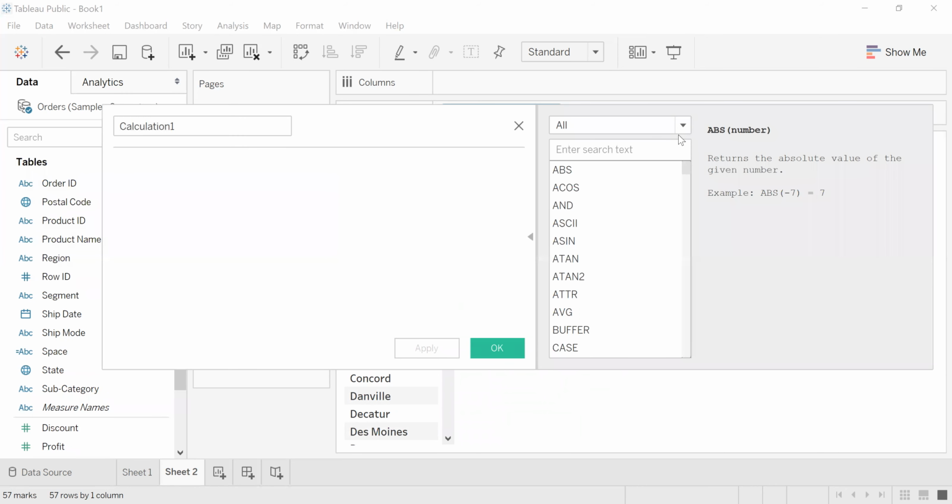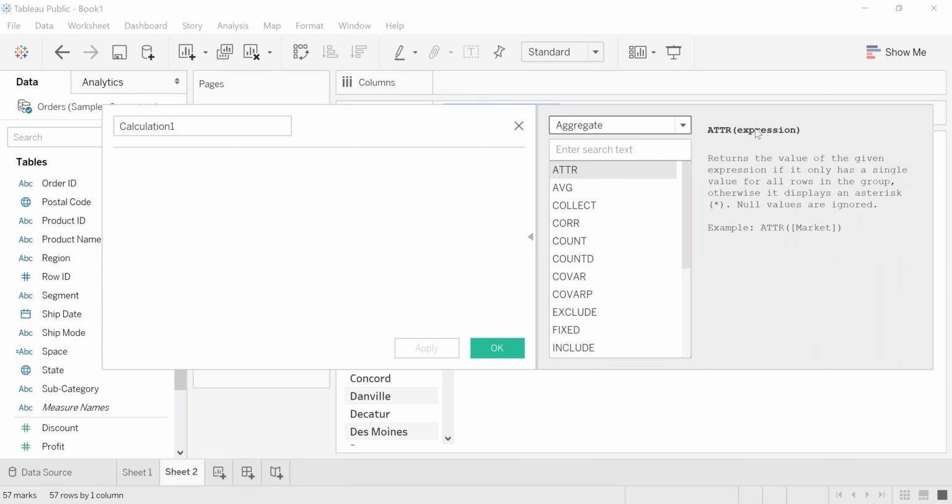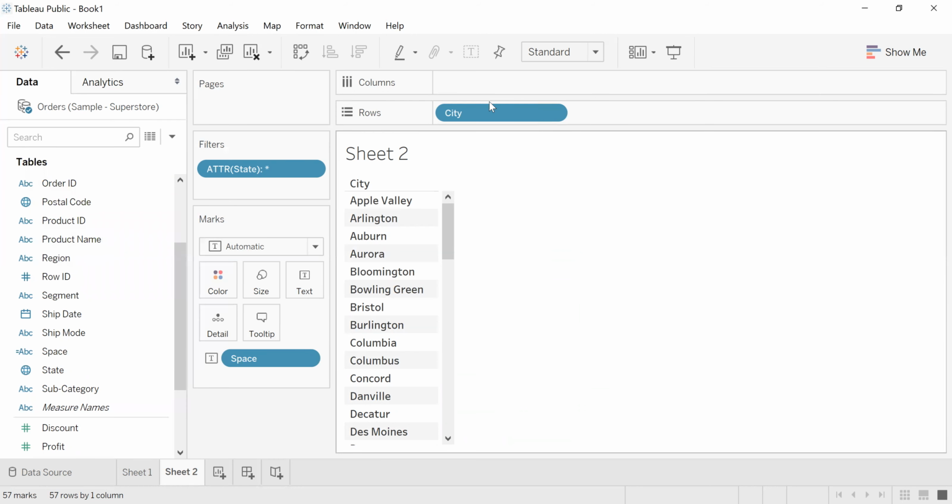A question: if we take the space onto the city, will we get spaced, right? Correct. So cities are coming under multiple states. What I want is those cities which are falling under multiple states, where the name is the same.